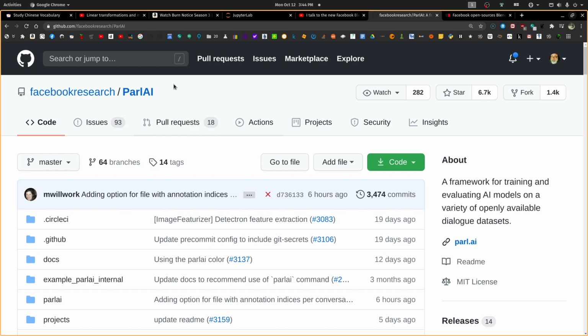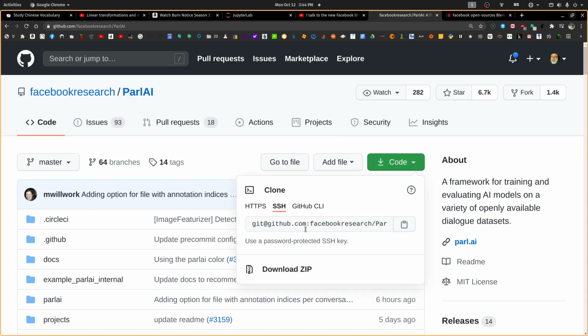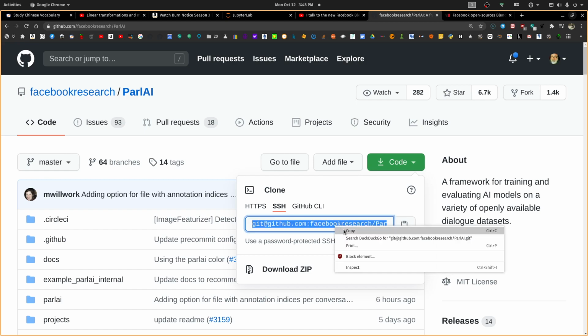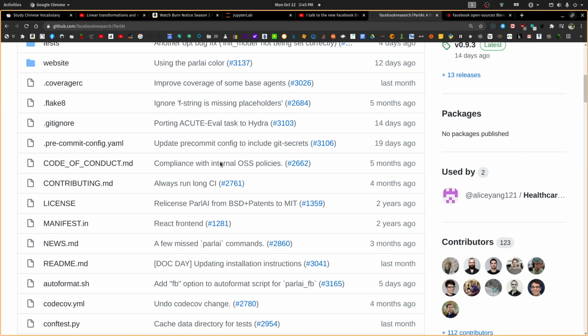So in other words, we use the software in Parlay to use that model. So how do we do this? Well, we're going to be copying this GitHub URL, and let's take a look at the instructions here.